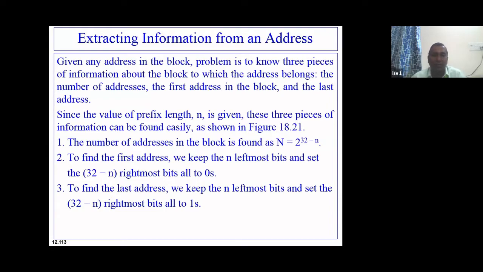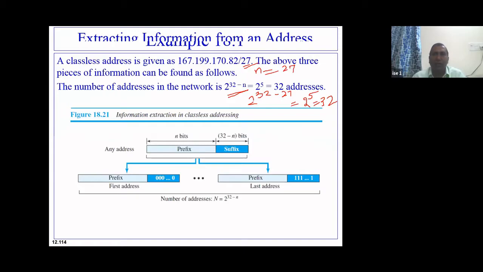Now I want to know the connection address or host address. Again I'll take 32 bits minus the prefix length. Prefix length here I have taken, for example, 22. So 32 minus 22 is 10. To find the number of hosts or connections, I'll take the 10 rightmost bits and make them 1. This is how. I think I have already explained this, so I need not explain it again.